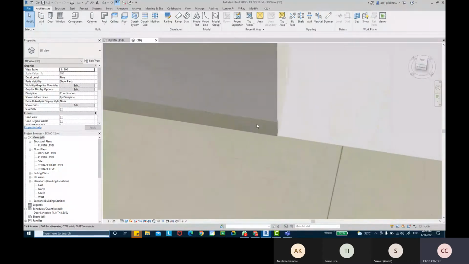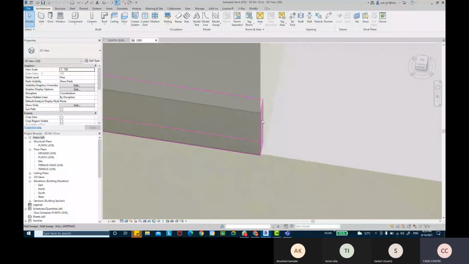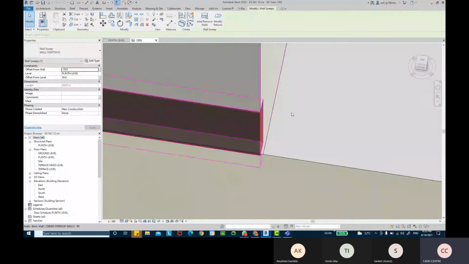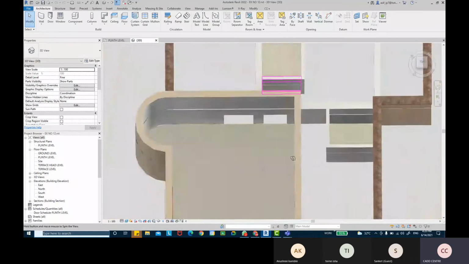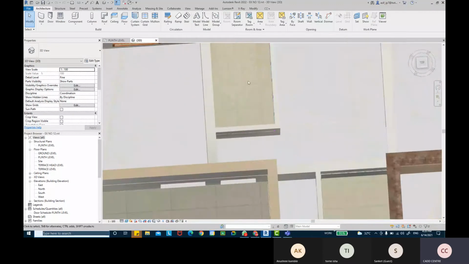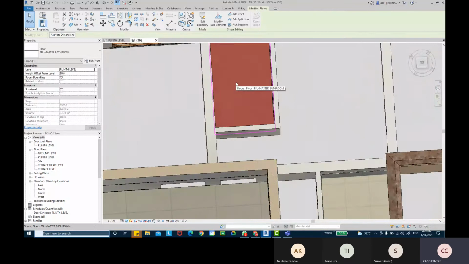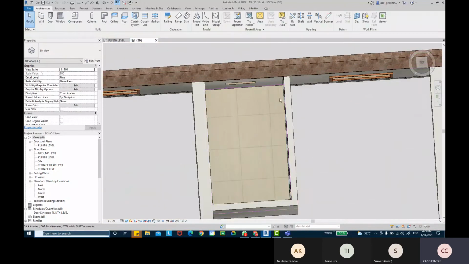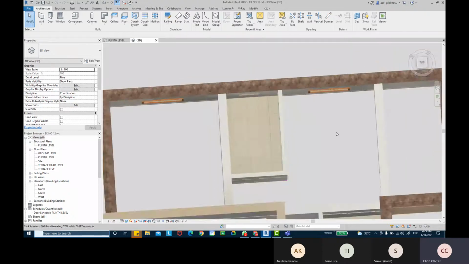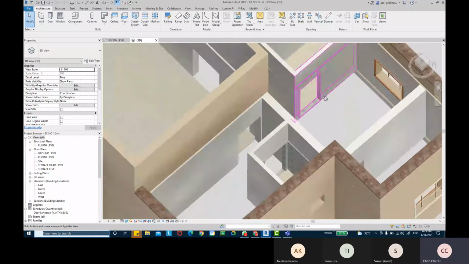As you can see, we have added skirtings as well. This we have added using the wall sweep command basically here. Now, generally what happens when we create the flooring for the bathrooms, the bathroom floors are slightly sloped, so that the water is drained out from the drain pipe. So if you want to create a floor that is sloped in angle, how do we create that? Today we're going to look into this.